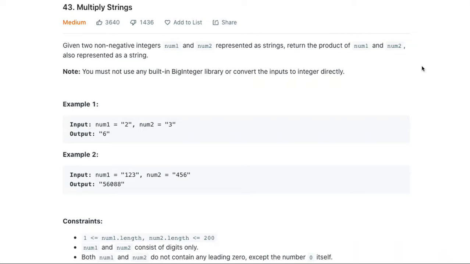Hello everyone and welcome. Today I would like to talk about multiply strings. This question provides you two non-negative integers num1 and num2 represented as strings, for example, 1, 2, 3 and 4, 5, 6, and asks you to return the product of num1 and num2 also represented as a string. For example,